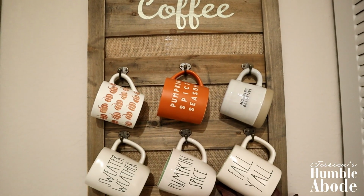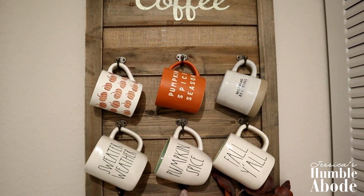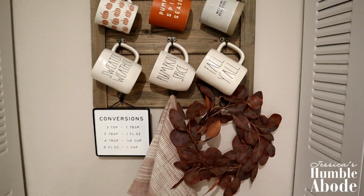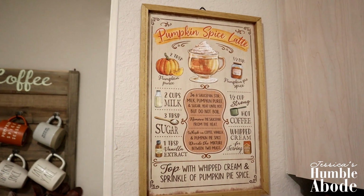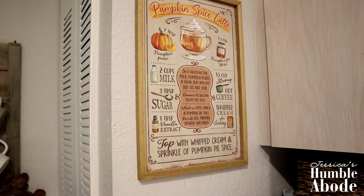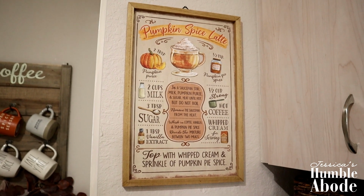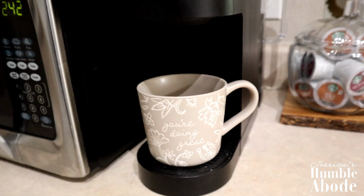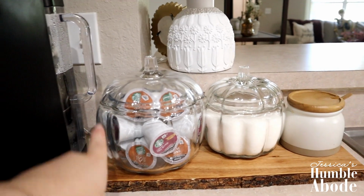There is a change over here. I got this pumpkin spice season mug, so I went ahead and added that in on my coffee rack, and then this stuff is the same as before. Of course, I still have my pumpkin spice latte sign. I still need to make this recipe. I'm planning on doing it this season. Then over here, I moved my You're Doing Great mug to the Keurig, and I still have my pumpkin of K-Cups,